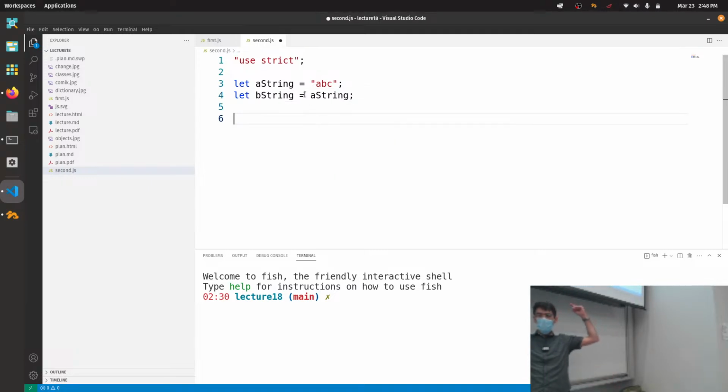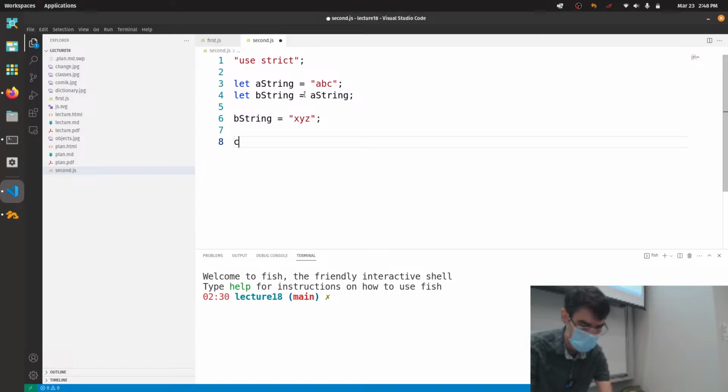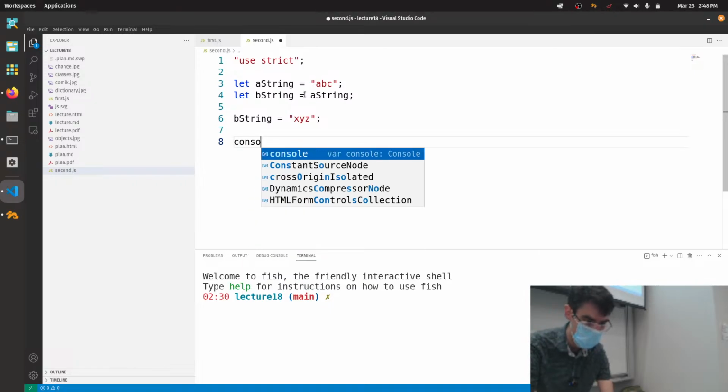So on line 3, I'm creating a new variable. I'm giving it the type string because I'm assigning it an object value that is a string. And then on line 4, B string also has a pointer to a string. I'm assigning the same value to this thing. If I say B string later is equal to XYZ, so if I reassign this value to something else, and I print out those values,